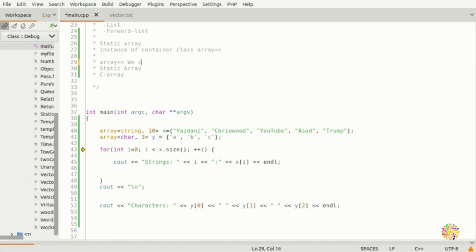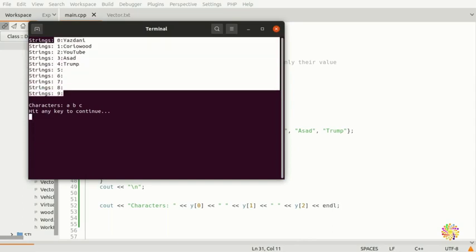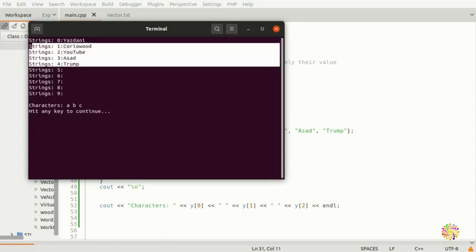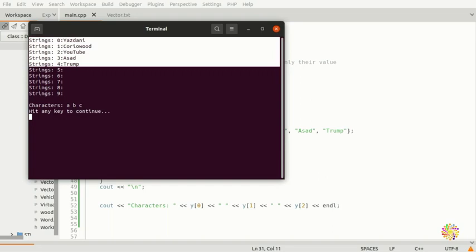So we cannot change the number of elements, but only their value. That's what we can change, but we cannot change the number of elements. What I mean here is, because here we put 10 elements already, but we only put a 5 here. But with the vector, that was a totally different story, because it grows and